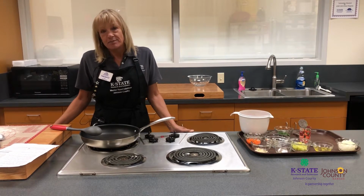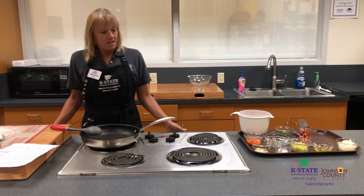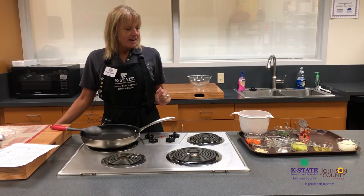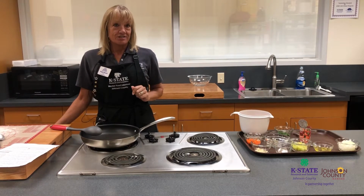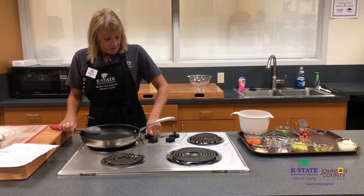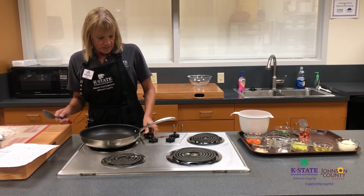Today we're going to be talking about how to make a basic tomato sauce. It's very simple. In order to save time, I have pre-measured everything, pre-chopped everything, so we're just going to go ahead and get started. First of all, what we need to do is heat our skillet so that we can